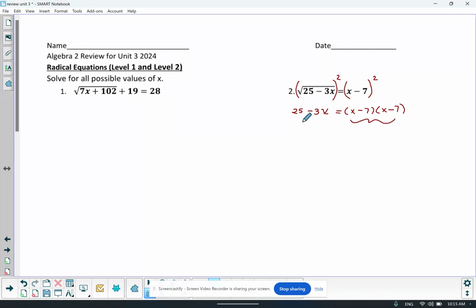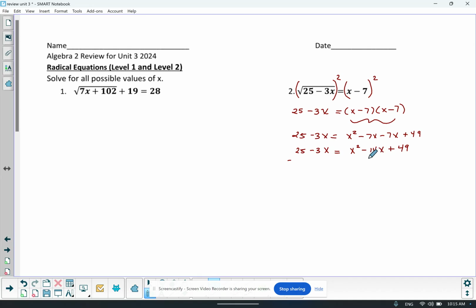We're going to double distribute the right-hand side of the equation to get x squared minus 7x plus 49. We combine like terms on both sides of the equation, and we get x squared, negative 7x is negative 14x plus 49. We now